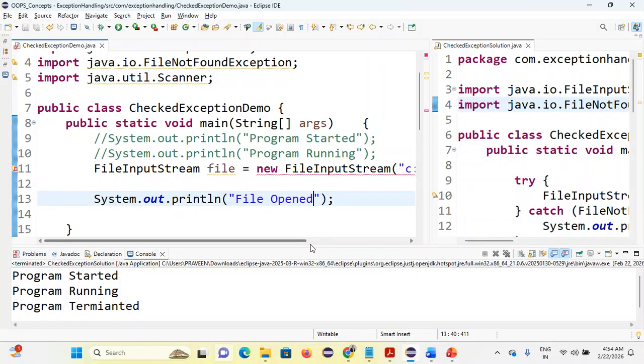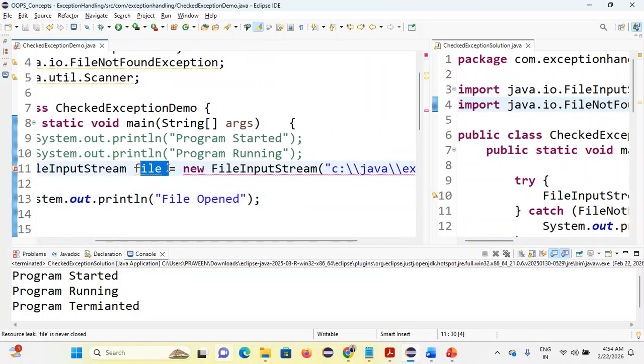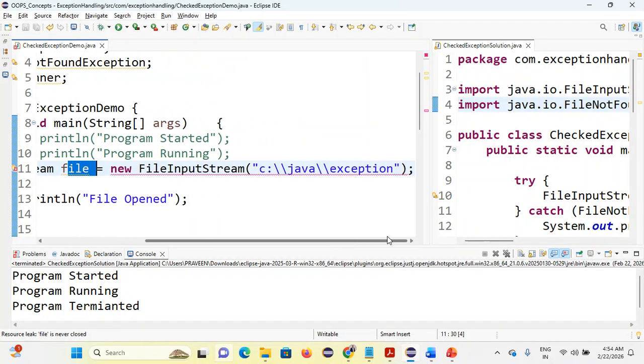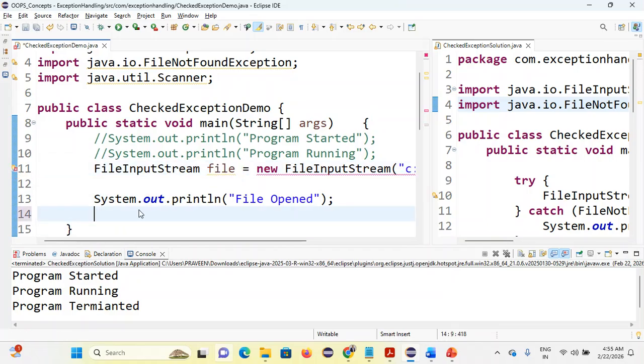Example, in this program, I'm creating a FileInputStream object, and the object reference variable is file. What error is coming here? Unhandled exception. Okay, file is never closed. We can just ignore that; it's just a warning. But a good programming practice is always to close it. That's the reason they're telling us here. So if I'm doing the close,